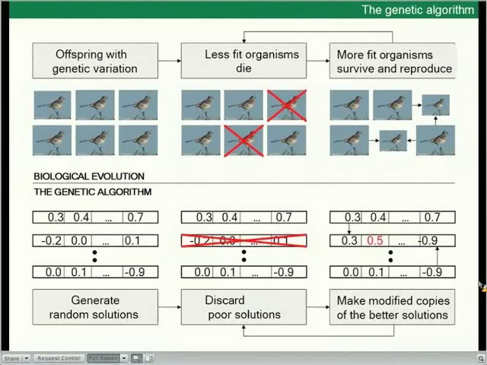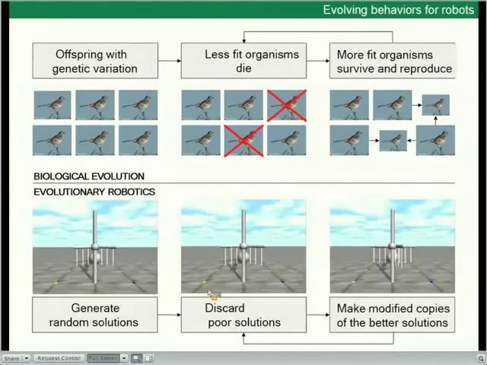You discard those that don't do so well and make modified copies of those that remain, and repeat. Okay, that's the basic algorithm underlying all of this work. There's different flavors of this, but I'm not going to get so much into that today. So again, if we combine an evolutionary algorithm with a simulation environment, this is a three-dimensional physics-based simulator. So you're watching an animation, but